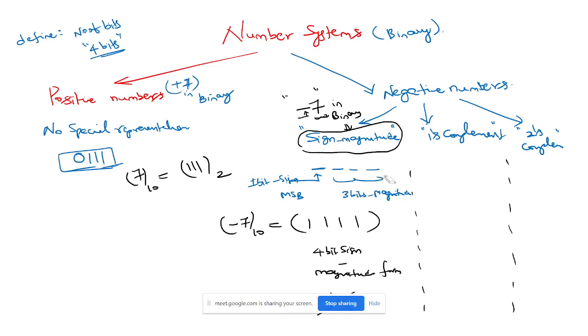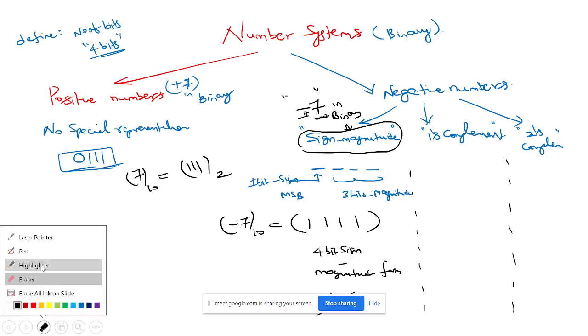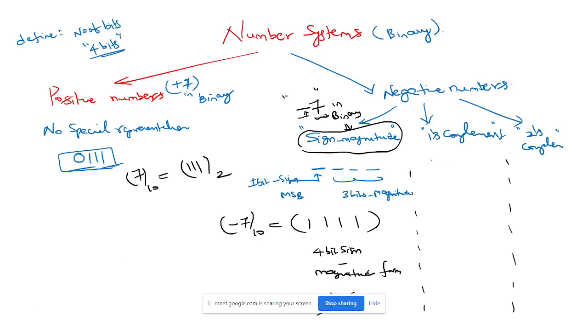Right. So let's go to one's complement. How does that work is, let's say I want to have minus 7 representation in one's complement. I mean, that is binary. See, I'm talking about binary system. Same concept can be applicable to decimal number systems as well. So how to represent minus 7? So what you do is,